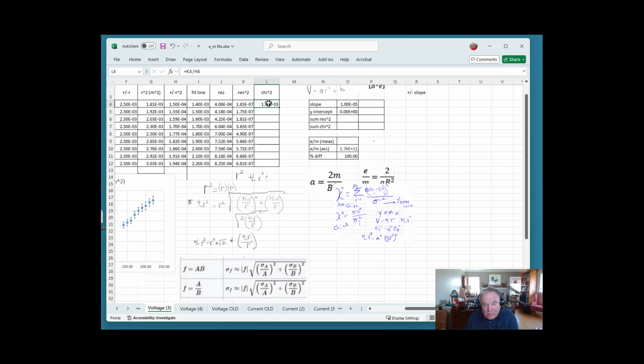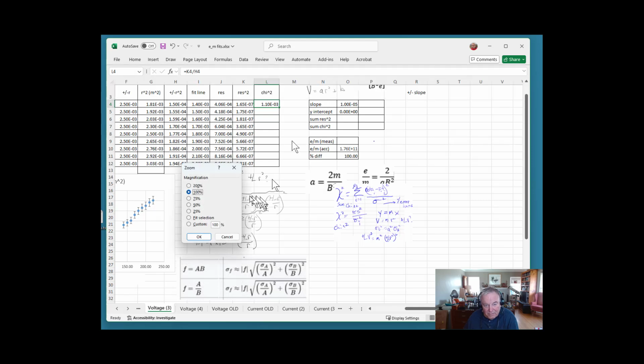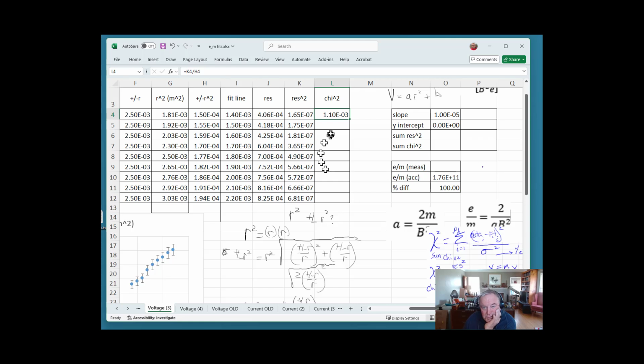Let's see if I fix that now. Yep, the changing of the zoom fixed that. So let's zoom back in again. Let's say 140, give us a little more real estate. Okay, so this,